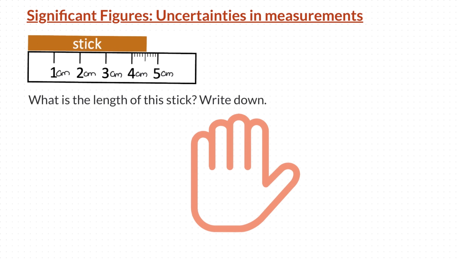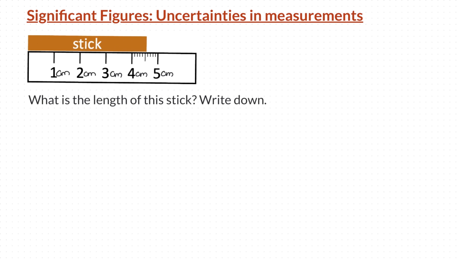To continue what we are discussing on the previous slide, let us do one more exercise. Pause the video here again and write it down on a piece of paper. What is the length of the stick now? This is the same stick from the previous slide. What changed here is the sensitivity of the device that we are using. The possible answers you may have written are 4.53, 4.54 and all the way up to 4.57 depending on who is making the measurement.